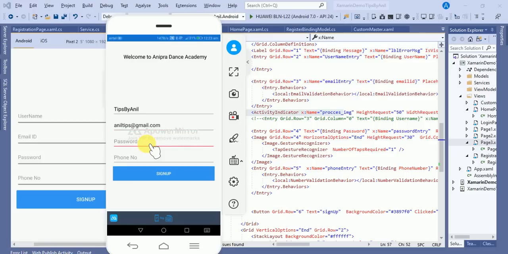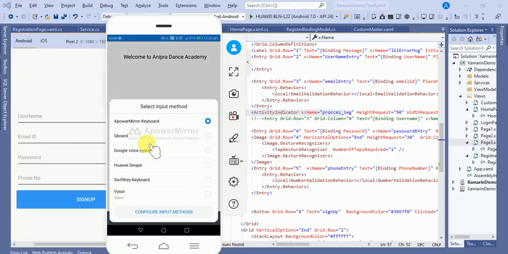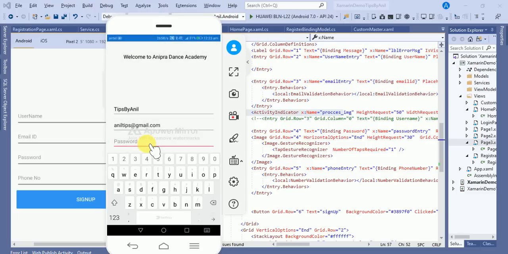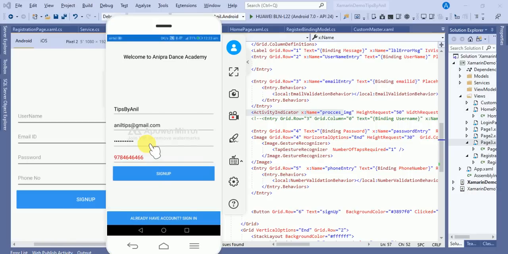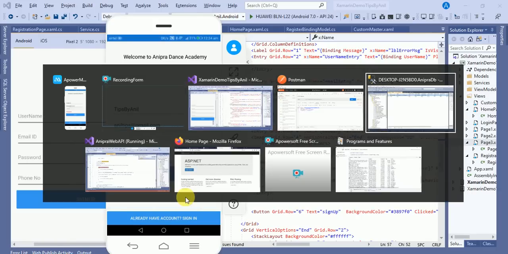Suppose I try to type on my phone also, I can type. I'm typing the password. Okay, here is the phone number. Cool. Now if I click on the sign up button, the user will be registered in SQL Server.